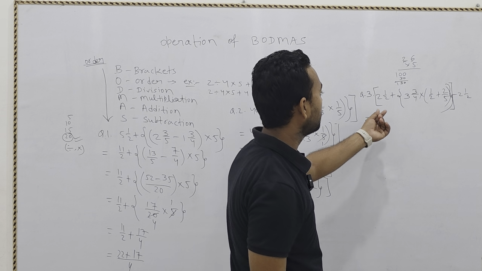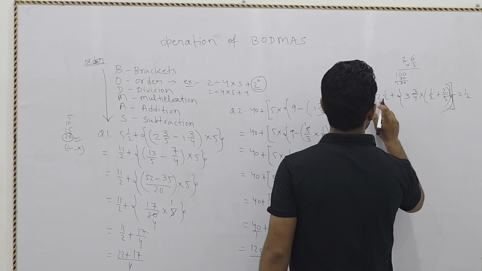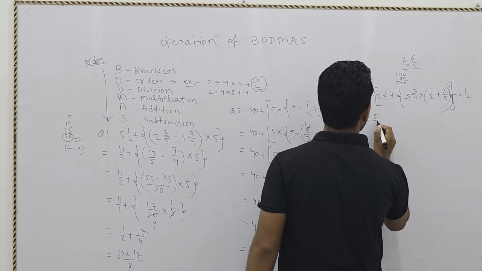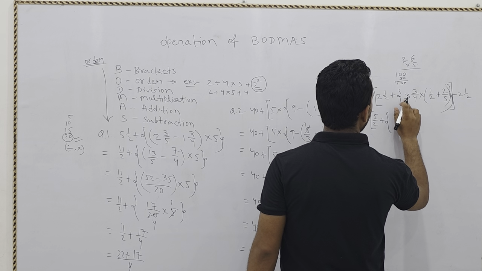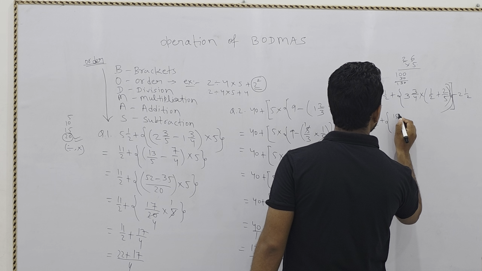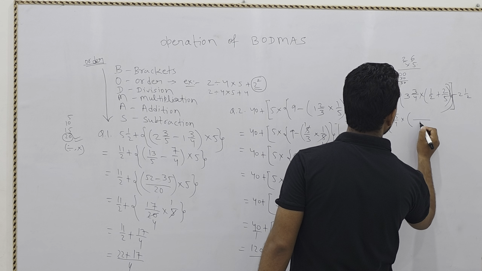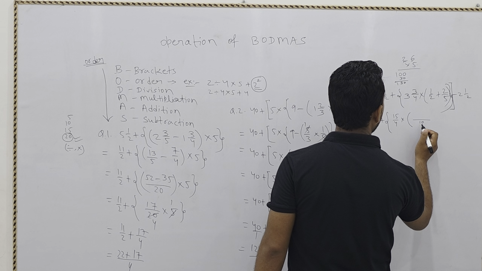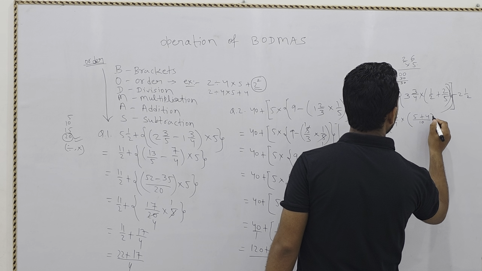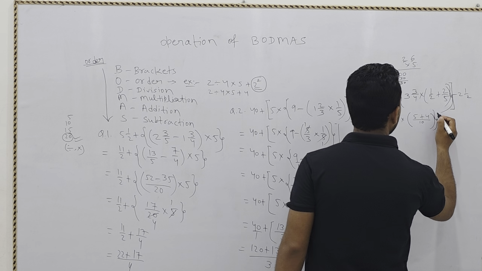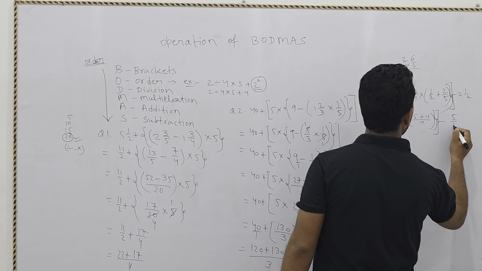The question is given in mixed fractions, so first we will convert the mixed fractions into fractions. 2 times 2 is 4, 4 plus 1 is 5, so 5 by 2 plus this large bracket, then curly bracket, 12 plus 3 is 15 by 4 multiplied by, then again a bracket is there. We will take the LCM, it will come 10. 10 divided by 10, 5 times 1 is 5, plus 2 times 2 is 4, minus, then minus 2 times 2 is 4, 4 plus 1 is 5 by 2.